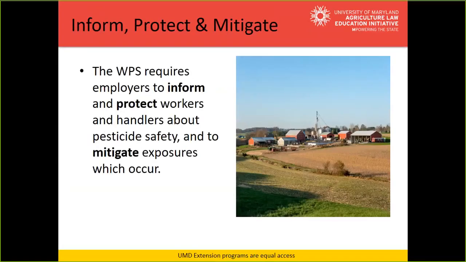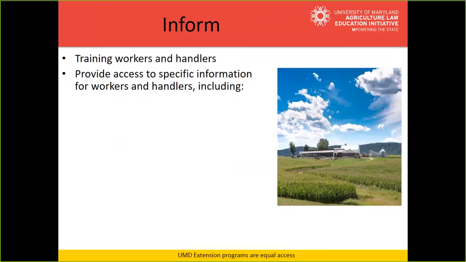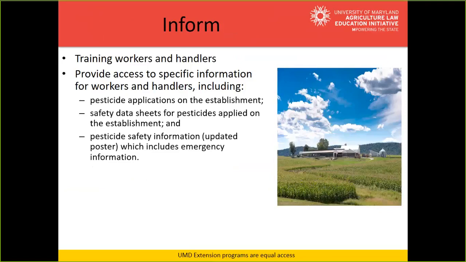So let's talk about exactly what you need to do. We've talked about training, which is a very important component of this, but the other employer responsibilities can be broken down into the need to inform and protect workers and handlers about pesticide safety, and then the need to mitigate exposures if they occur. To inform your workers and handlers, you first need to train them, as we've talked about. You need to provide access to specific information, including the pesticide applications that have taken place on the farm, safety data sheets for pesticides applied on the establishment,